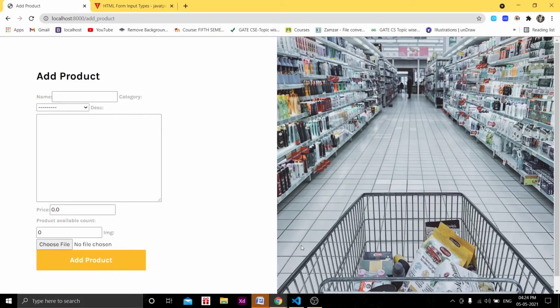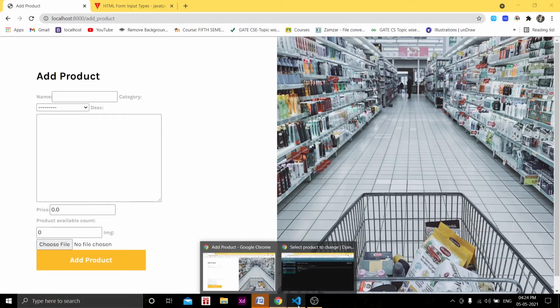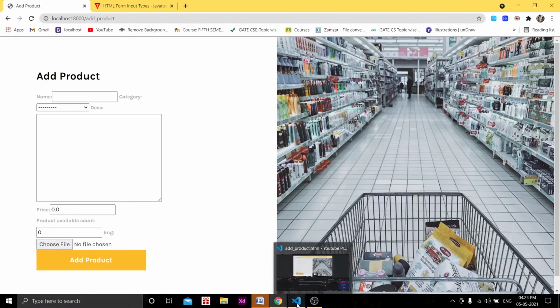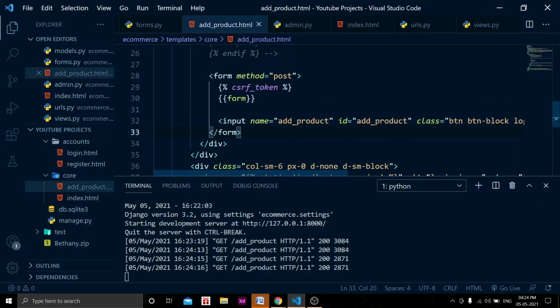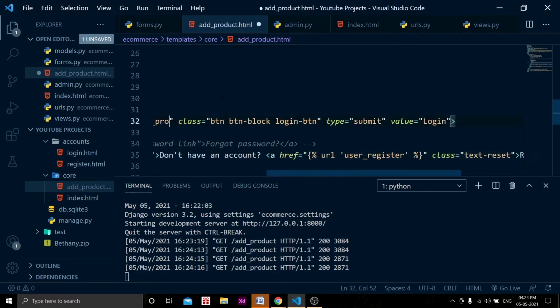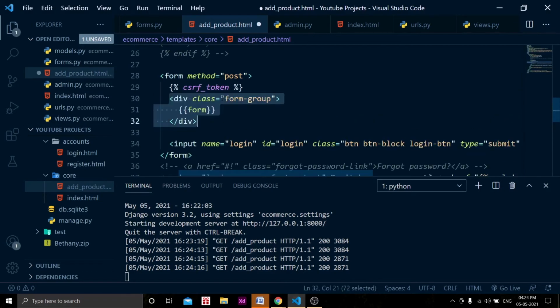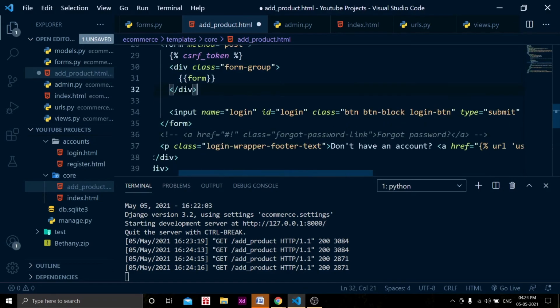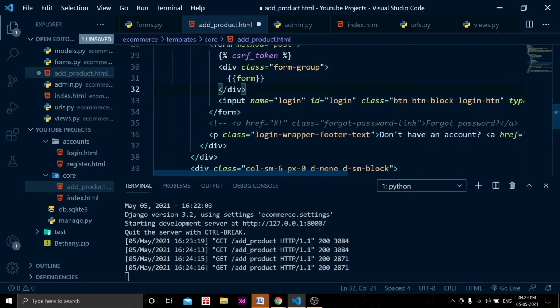So what we can do is render those forms in the form. I think I need to do it again. I have added that form group option, and here I need to add that product again.